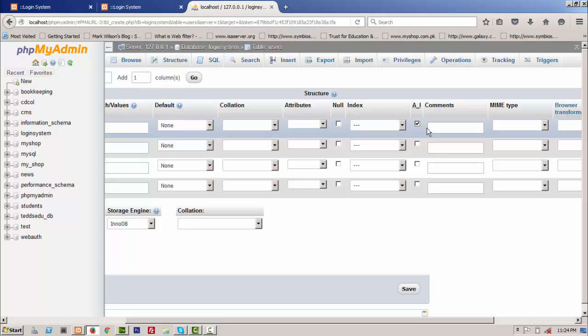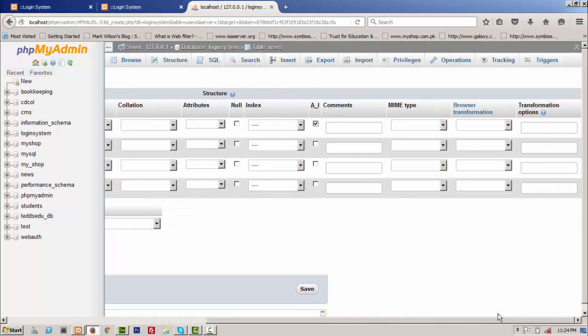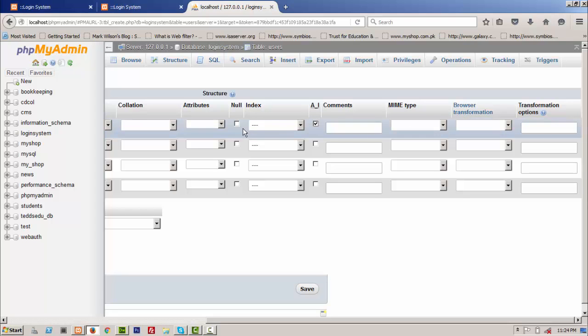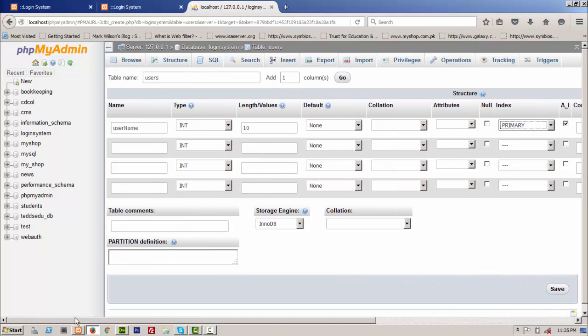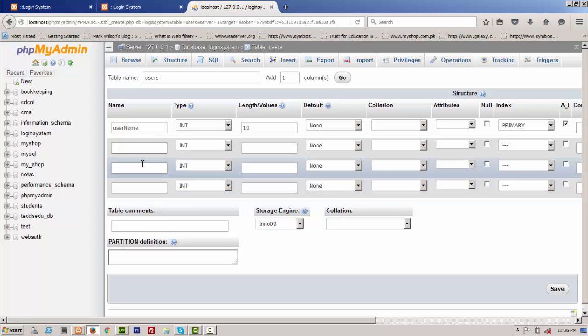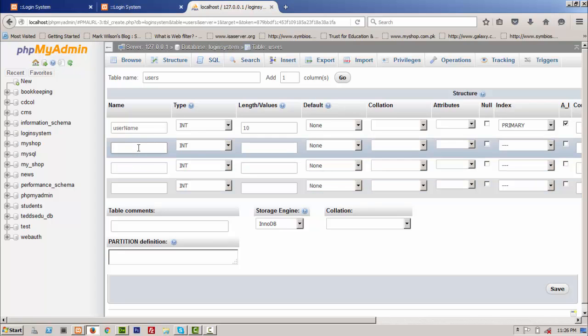Every ID will be incremented automatically, and it's set as primary key. Primary key, auto increment, and the next,